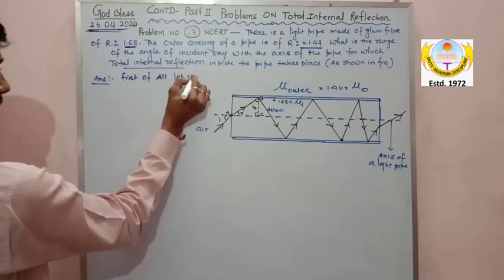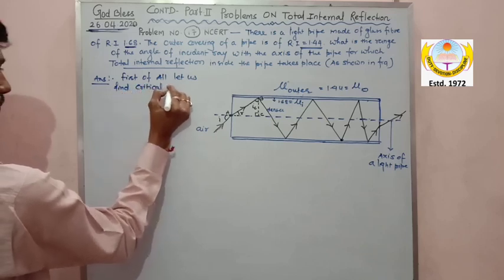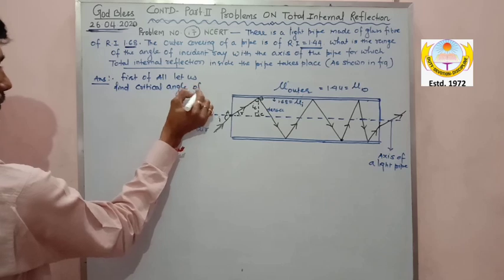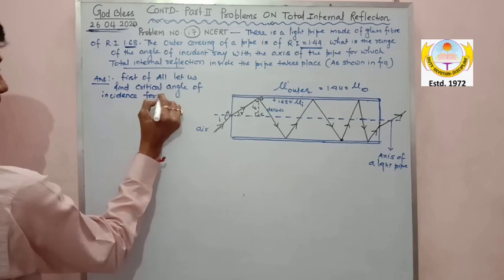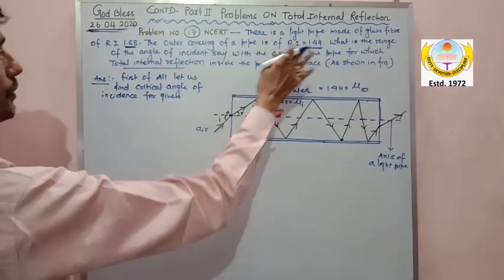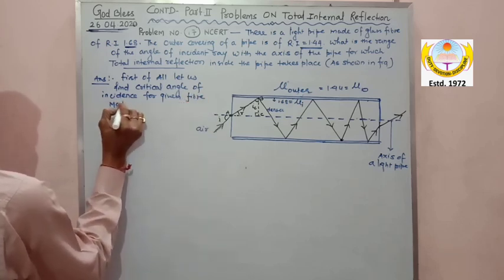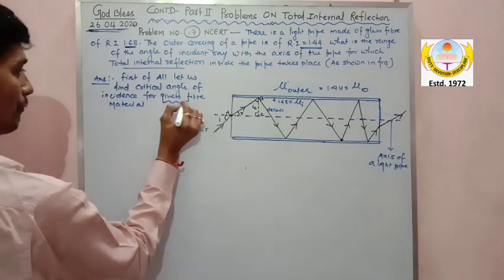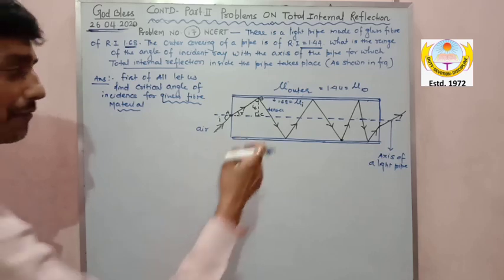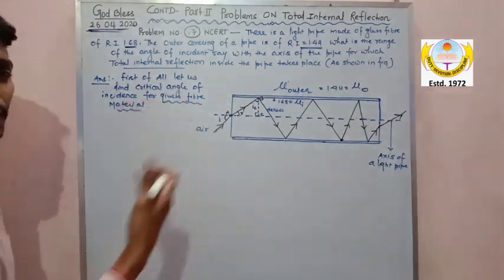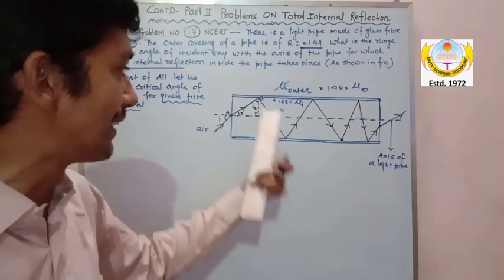let us find the critical angle of incidence for the given fiber material. For the given fiber material, I am doing nothing with the air. First we have to find the critical angle of the fiber material, because that will decide that if I is greater than IC, then the entire light will be totally